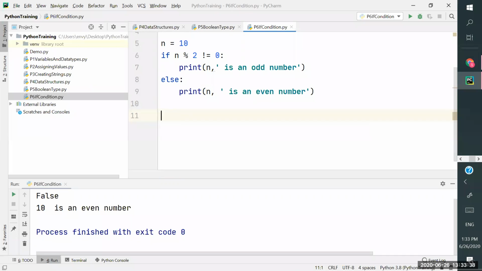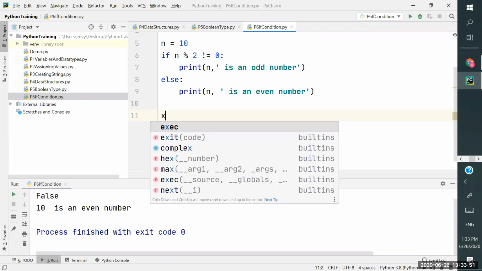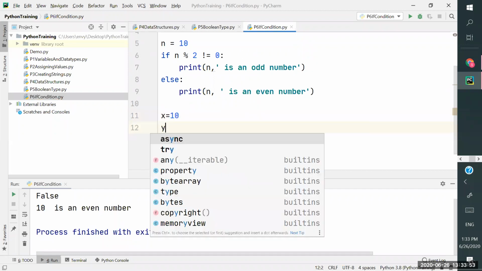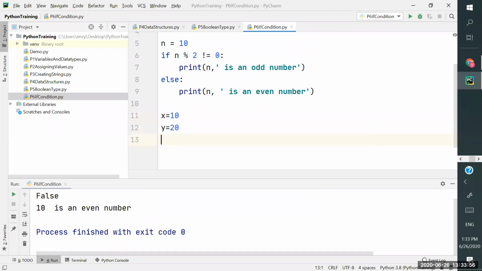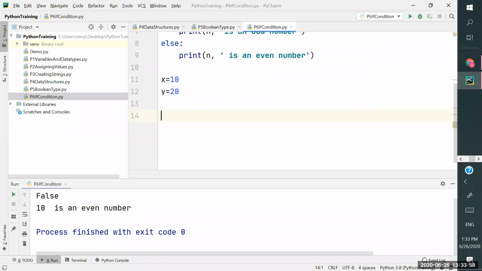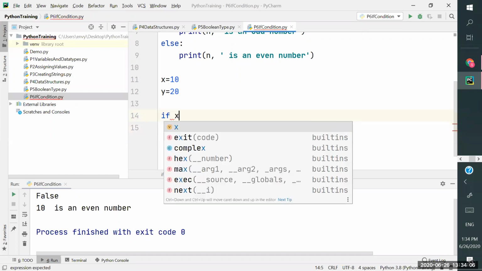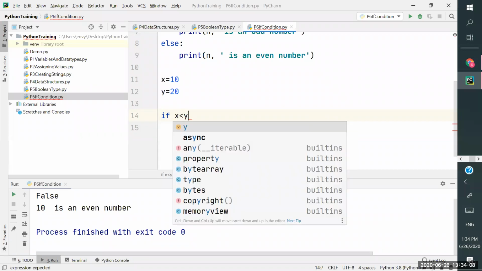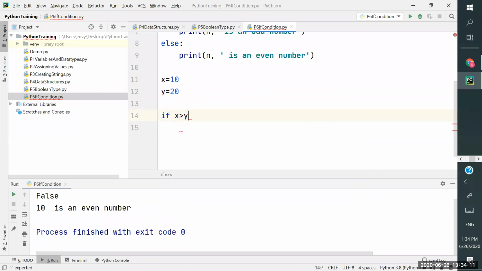And there is one more. You also have else if like that. That means multiple conditions kind of stuff. So how are we going to write it? Let's say x equals 10 and y equals 20, and I wanted to write an if else condition here. So I will use if, as usual, if x less than y, or I use x greater than y, I wanted to print x is bigger.